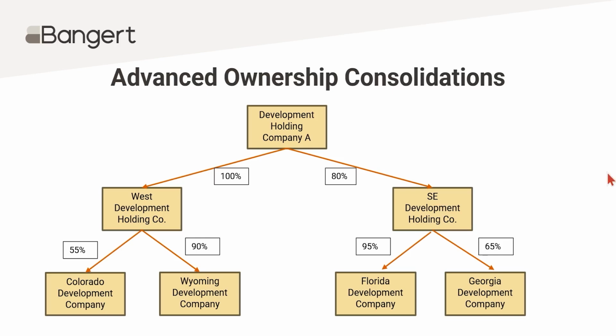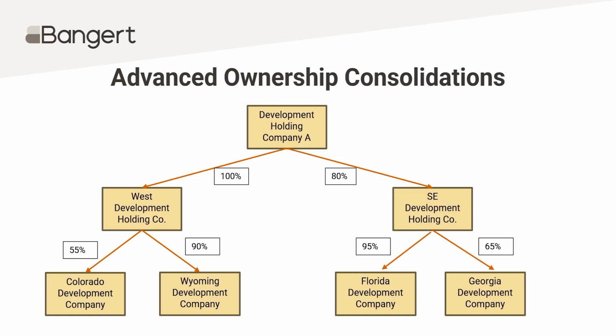Okay. So visually, just to give you a little more on the advanced ownership consolidation, if you've got a multi-tier structure, you've got different ownership interests, you've got some minority interest going on, for example, here. And if these percentage ownerships change because new partners come in throughout the year, and it could change month to month or quarter to quarter, for example, advanced ownership consolidation would be a good reason to use that feature. So it will create the non-controlling interest, minority interest with that feature.